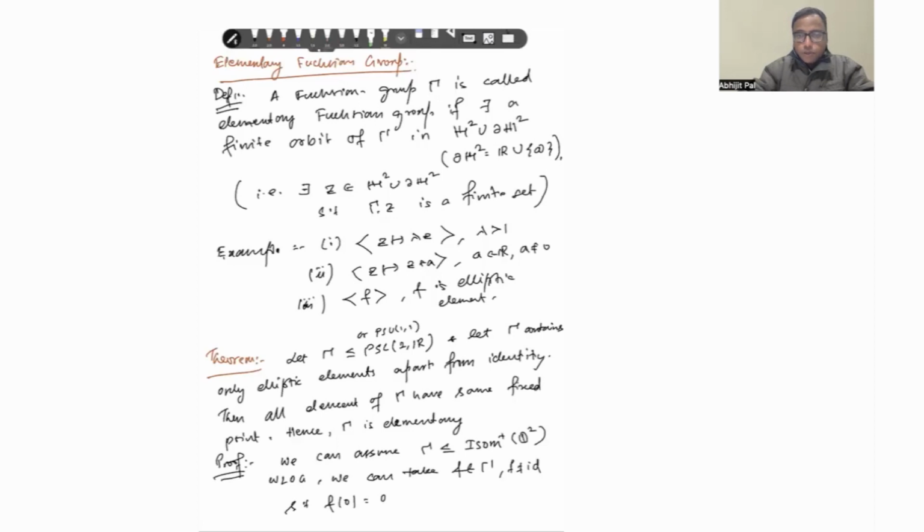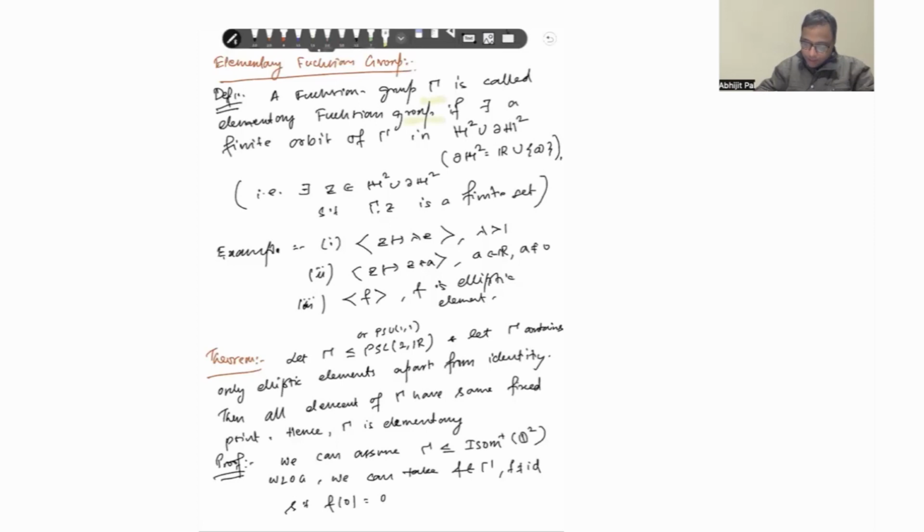I'll be doing this for PSL2R, but the same can be done for PSU11, because both groups are isomorphic to each other. So a Fuchsian group gamma is called an elementary Fuchsian group